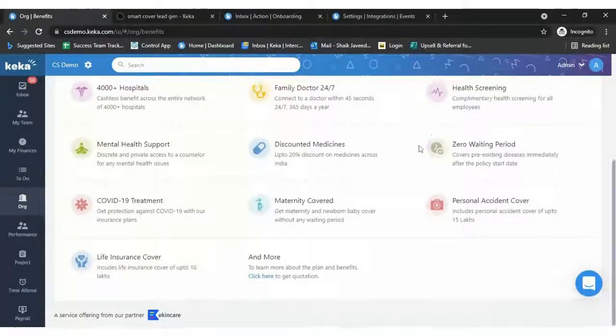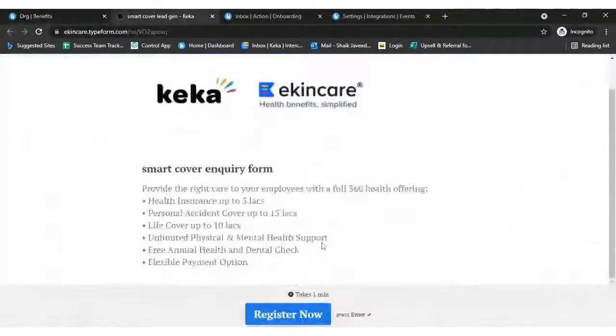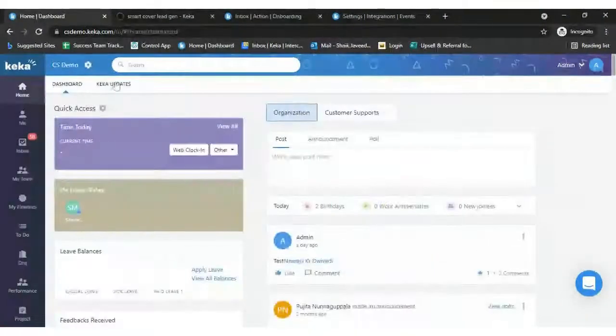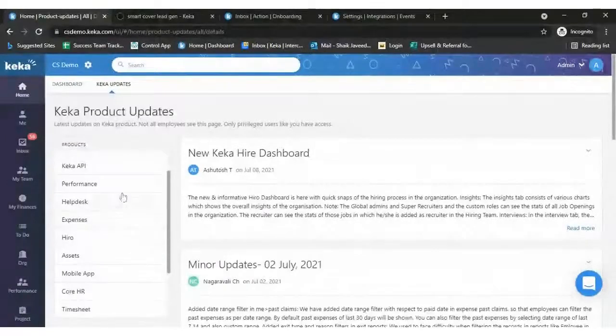If you want a quotation for your company, you can click on get quotation and you would be routed to that page. It takes less than a minute to register. That's all about this medical benefit. Once you enable that, it would be integrated as well.